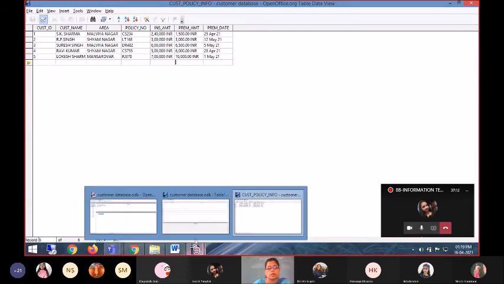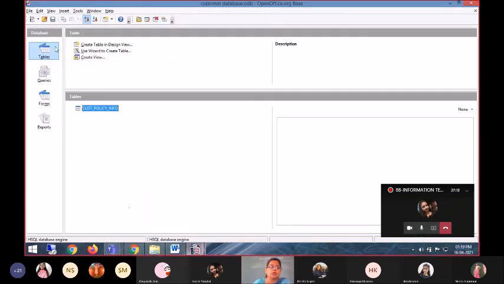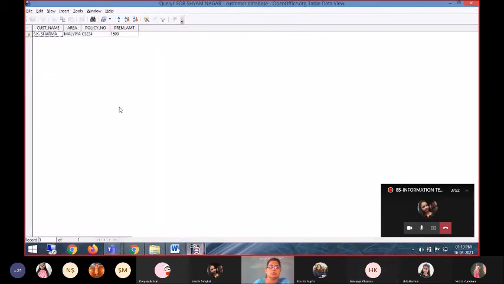Query में 3,000 वाला data क्यों नहीं आ रहा था? Because the criteria was less than 3,000. So equal to 3,000 नहीं था. So it will not give that. It will only check for less than 3,000. Got it?